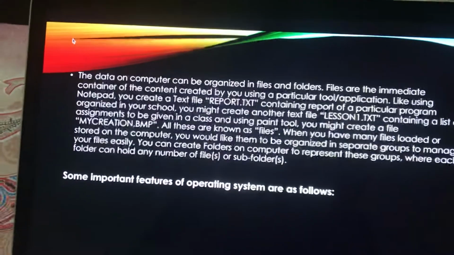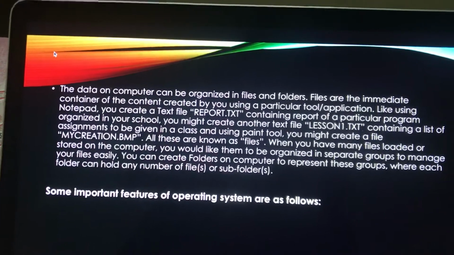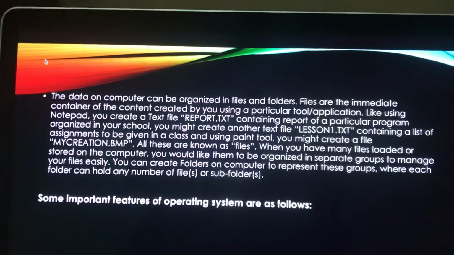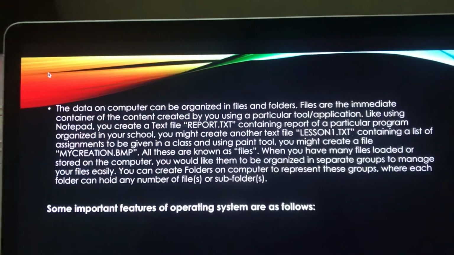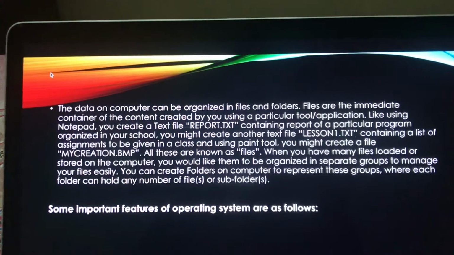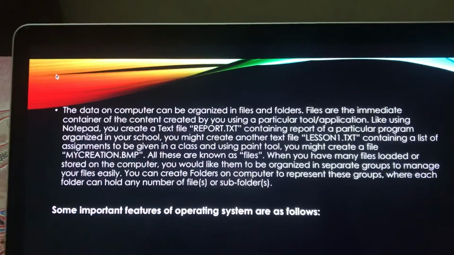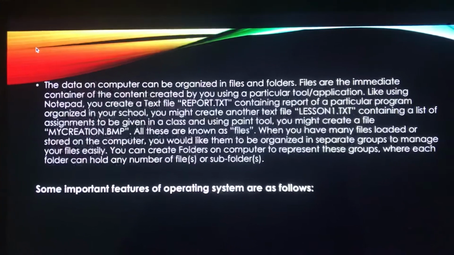For example, you can create a folder as movies with subfolders as Hindi and English to contain Hindi movie files and English movie files respectively, and you may create a folder with the name academics with subfolders as schoolwork, homework and downloaded resources to hold related files. So this is how files and folders work in an operating system.